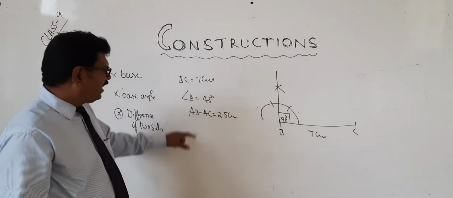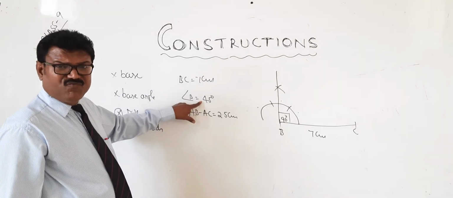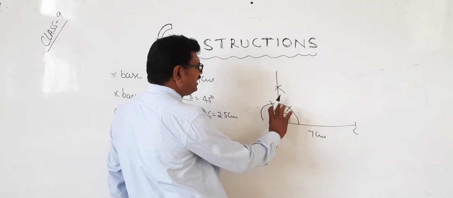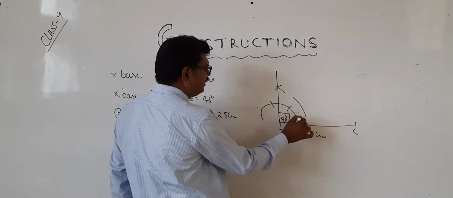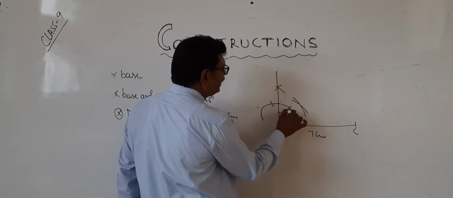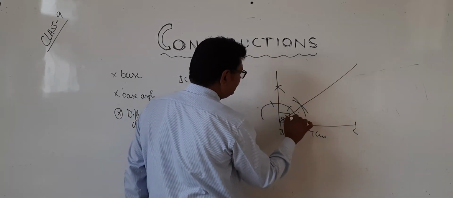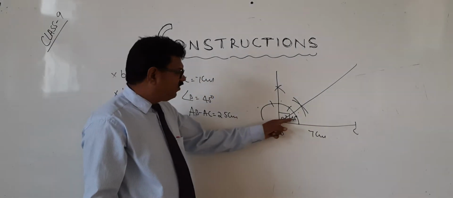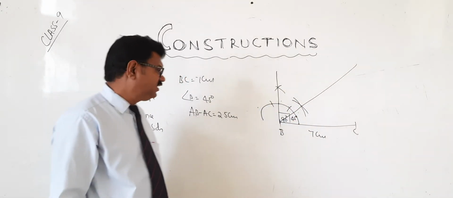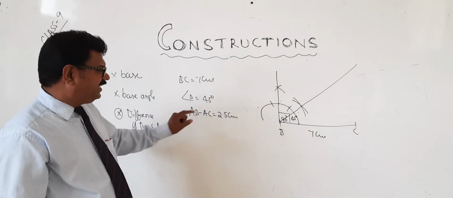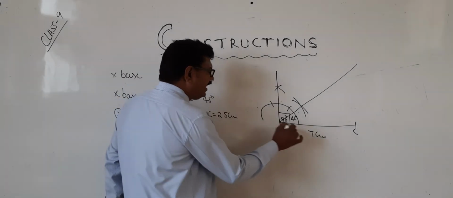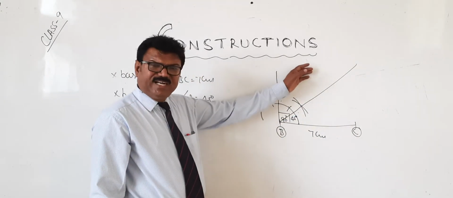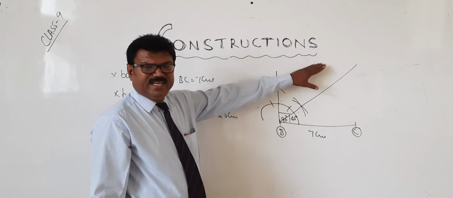Okay? But how many degrees do we want? 45 we want. Very simple. Where 90 degrees is there, take the same arc from here, you draw like this, and again from here you draw like this. That's all. Therefore, this is nothing but 45 degrees. 45 is nothing but half of 90 degrees. Now, AB minus AC. Now you see, here it is BC. BC means A will be where? It will be on the upside or downwards. Both are possible, but we will take upside only.